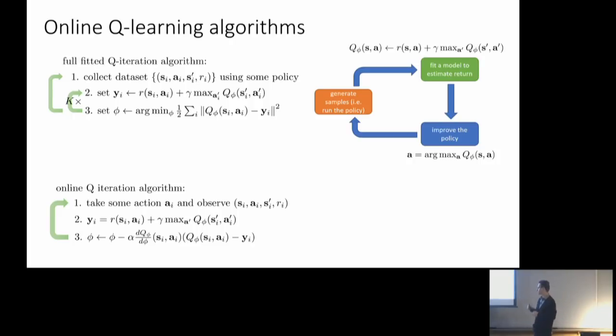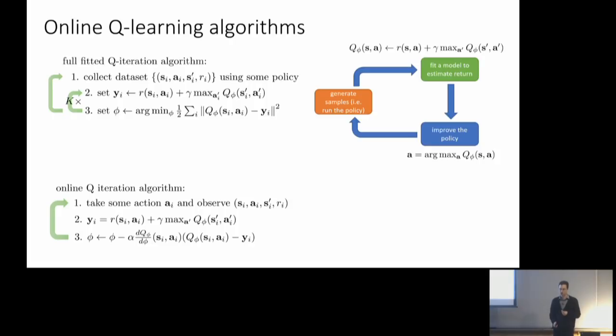In step 2, you'll compute a target value for that one transition. You have everything you need to compute the target value. You have the reward, which you got right up here. You have your old Q function, which you're going to use to compute the max. And the only thing you need here is the S prime, which you also got up here, because the A prime is what you're maximizing over. So from just that one transition, you can get a target value.